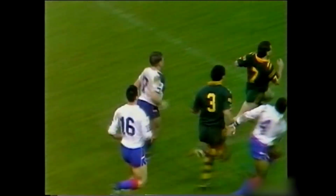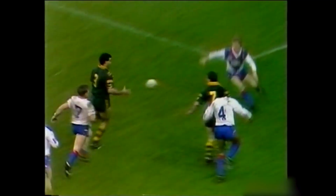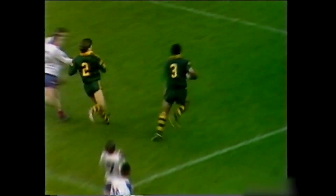Ricky Stewart taking stride after stride. There's Mal's shoulder work to get him into the clear. He did very well there. Stewart timed his pass superbly, and Big Mal, there's no...